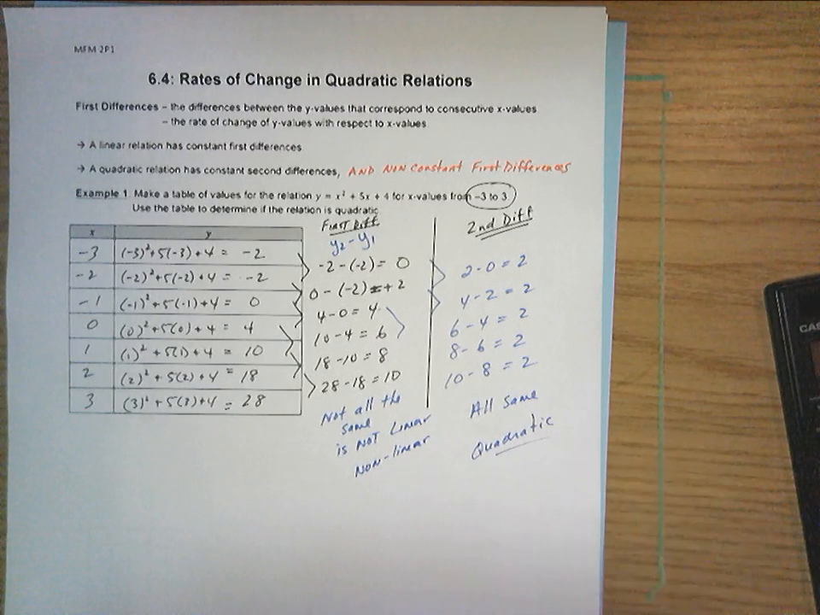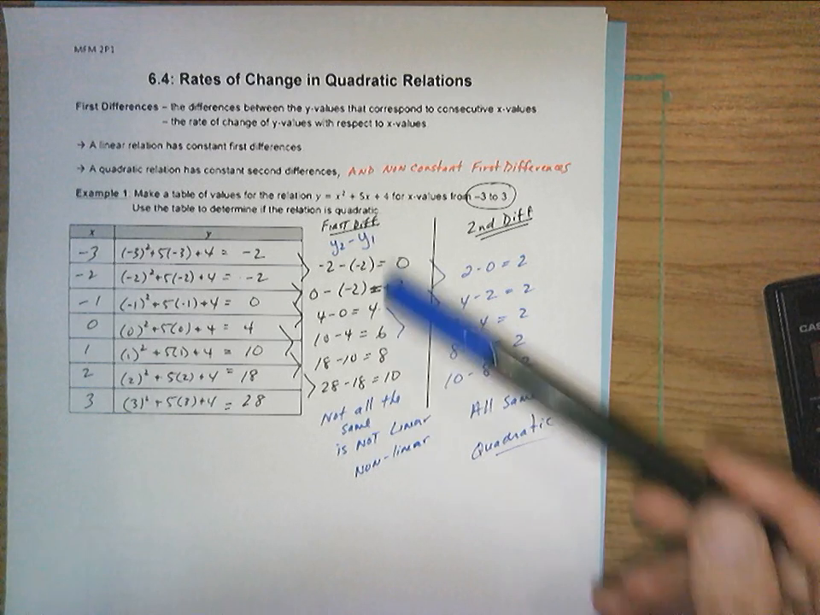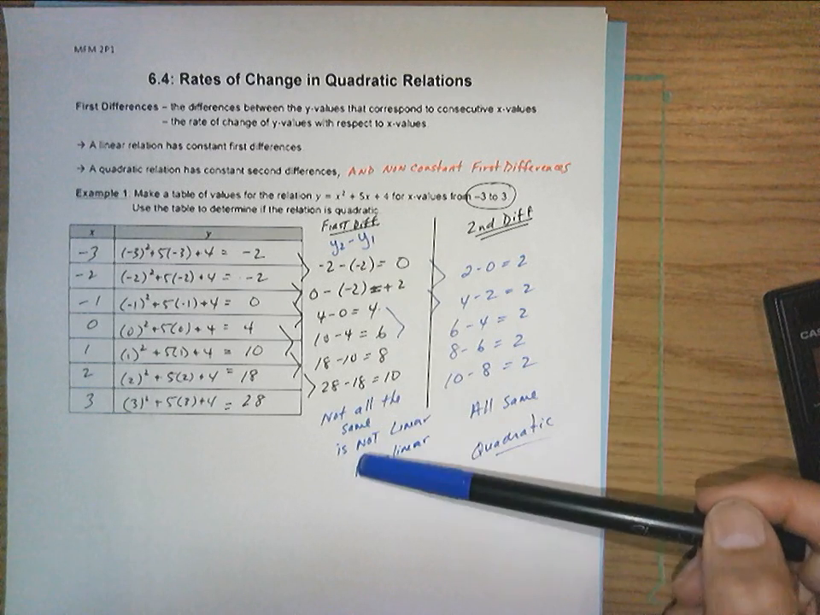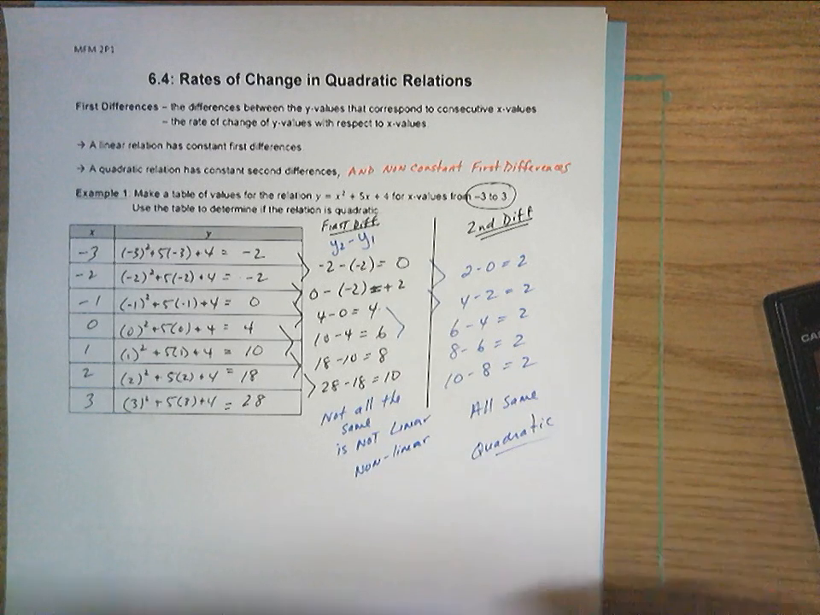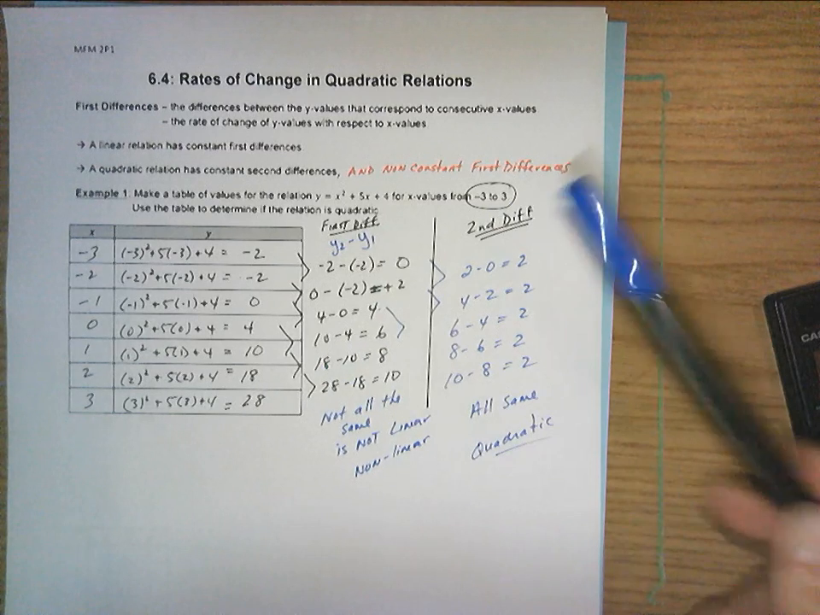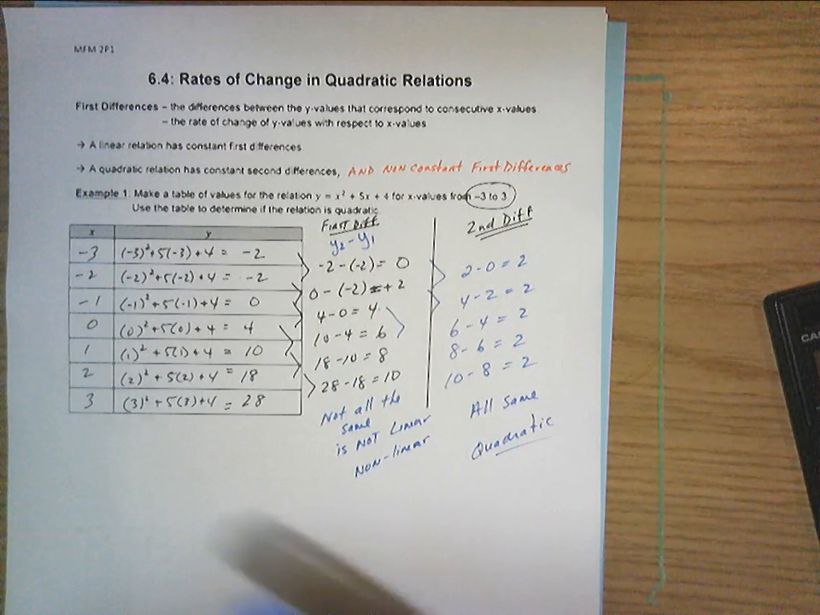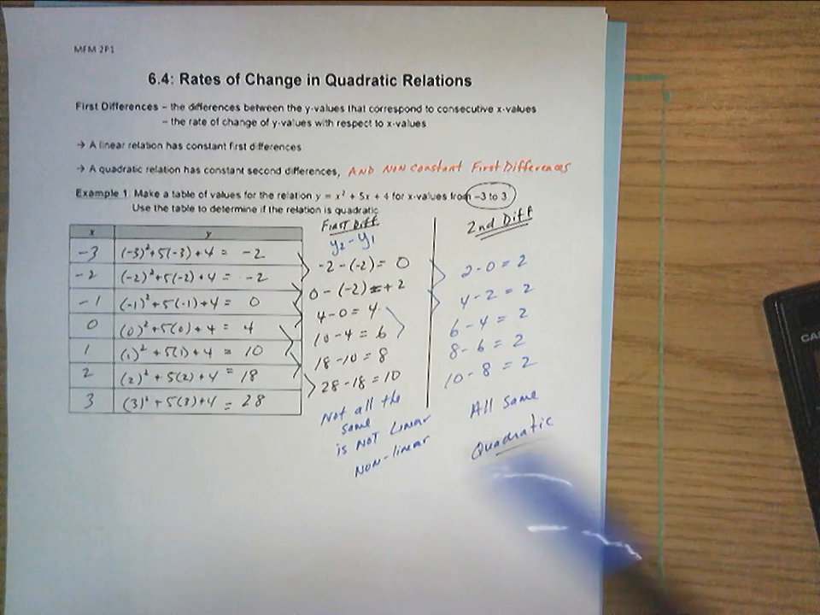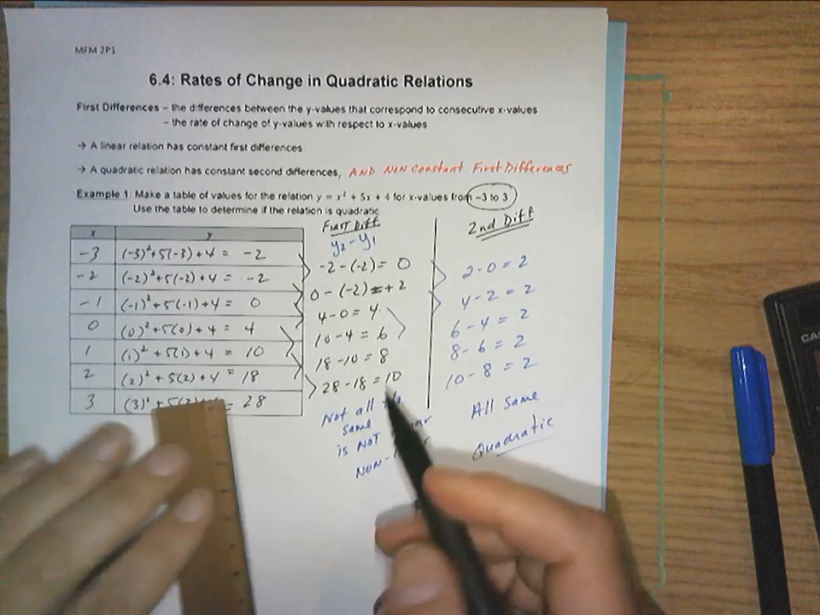And we just have to know that. That's not something that would make sense necessarily, but it is true. All quadratic equations have first finite differences that are not the same, so they're non-linear, but their second finite differences are all the same. That makes it quadratic. And if we were to do a quick sketch, just to make sure,